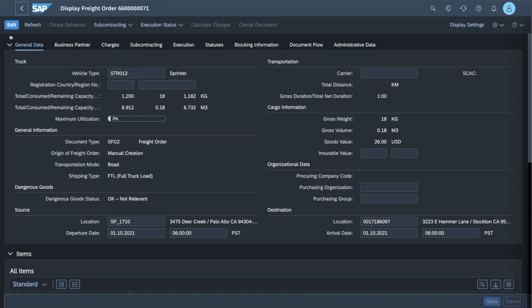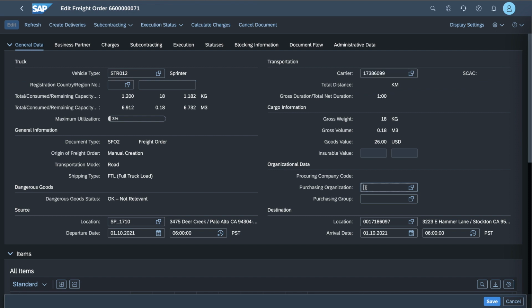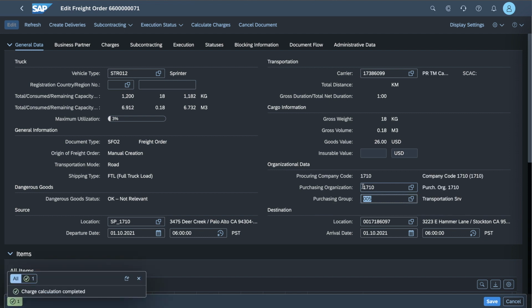I'm going to click on it to open it up in a separate window. And once it shows up, I'm going to flip to edit mode and add some information pertaining to the carrier that I'm going to be using. I'm also going to fill in the purchasing organization, purchasing group, and save those additional changes, which are processed correctly. And then of course the next step is to create the deliveries, which I can do in the freight order, or I could also program a separate batch job to do so. I'll just do it now in the freight order, and we can see that we have a delivery 80,414 that